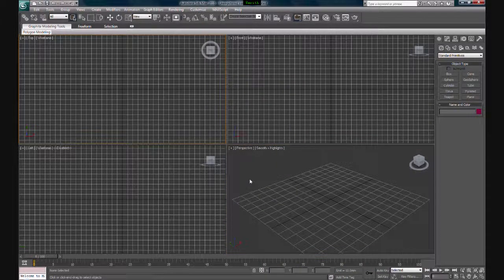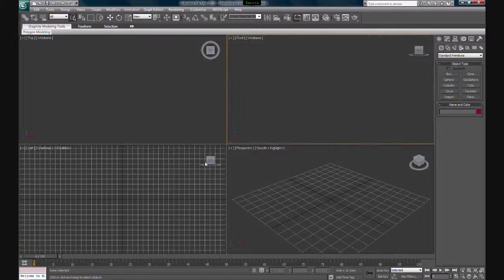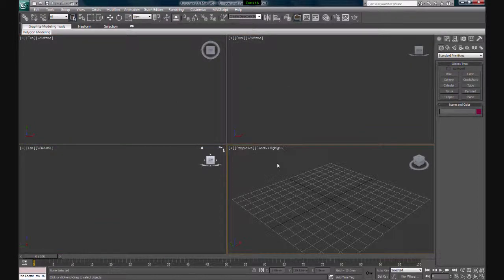Now what you see here is the basic setup of 3D Studio Max. There are 4 views, each with its own view. This one is top view, this one is front view, this one is left, and this one is perspective. As you can see, there is a grid in every view, so sometimes it gets in the way. Usually what I do is I turn it off by pressing G. Just leave the perspective. Now we're going to create our very first object, and the way to do that is